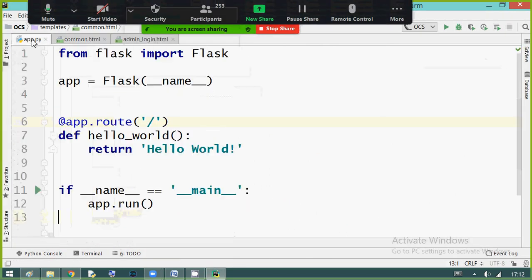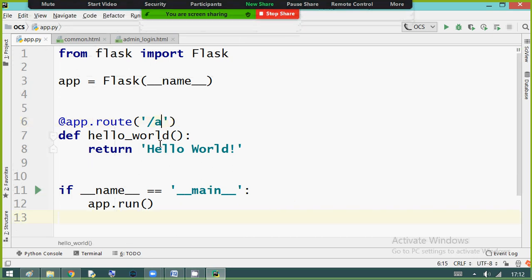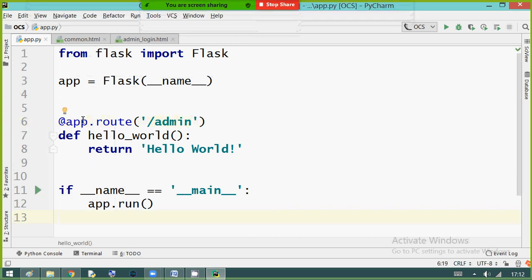In my app.py, app.route /admin, when you call this, I'm going to open the admin login page.